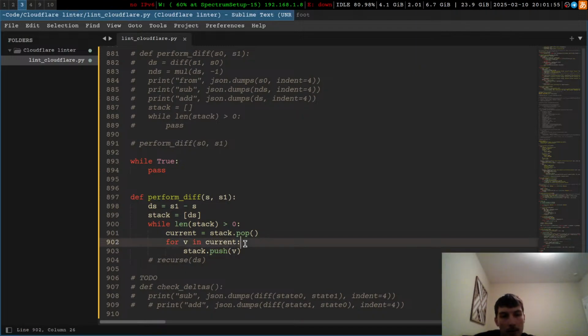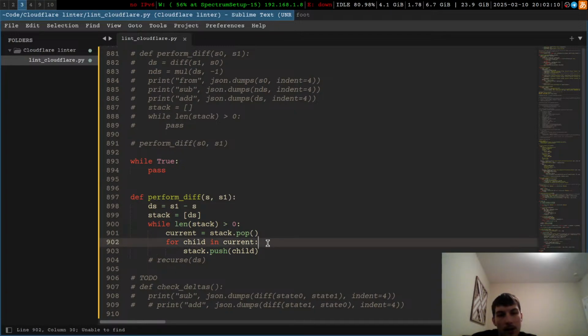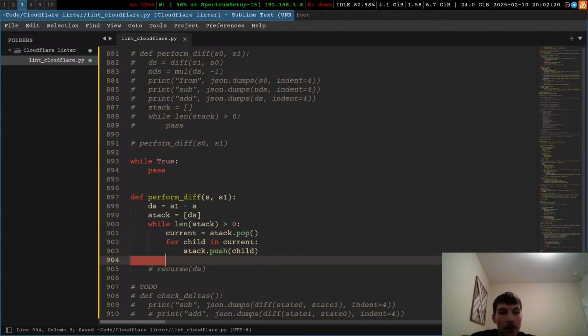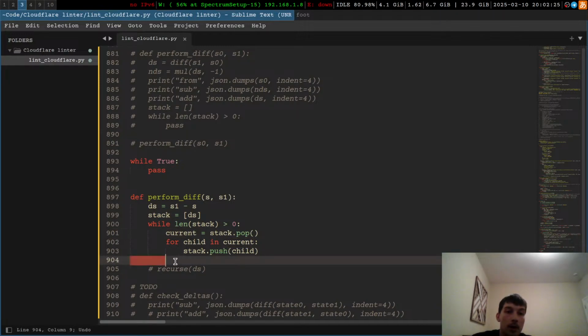And then, so we pop a stack. We have ds. We're at ds. We're iterating through ds's children. So this is like a child. We push the child. And then we're constantly popping the stack. And then, yeah, what are we doing on each element? So this describes the procedure for each element. Well, other than pushing the children to the stack, the procedure that we perform on each element is to